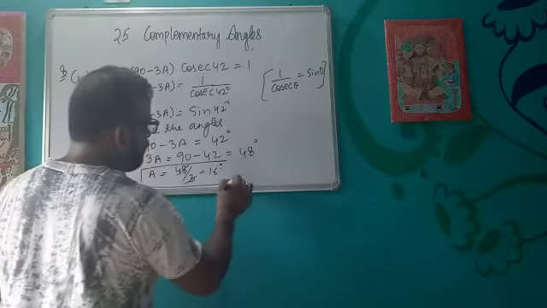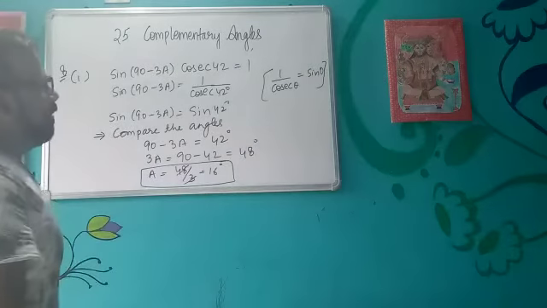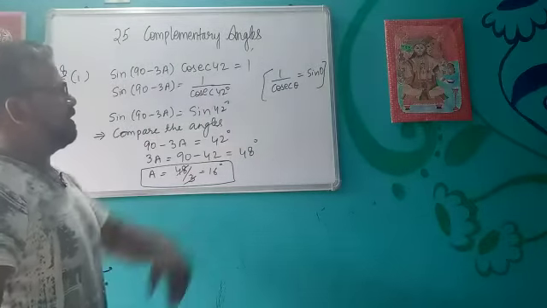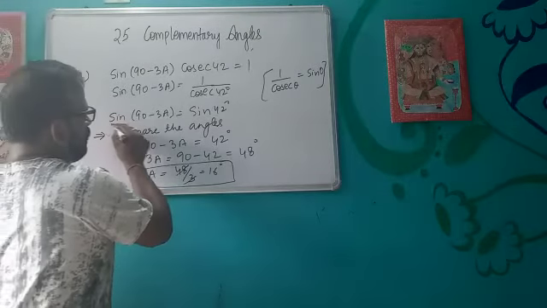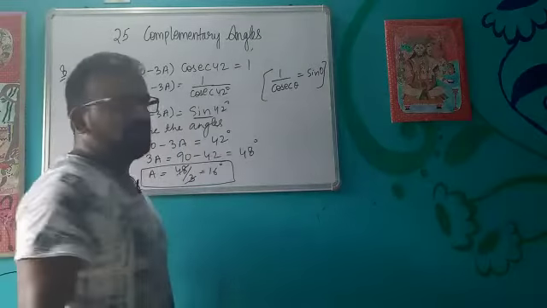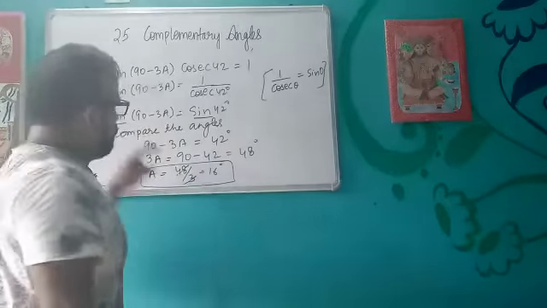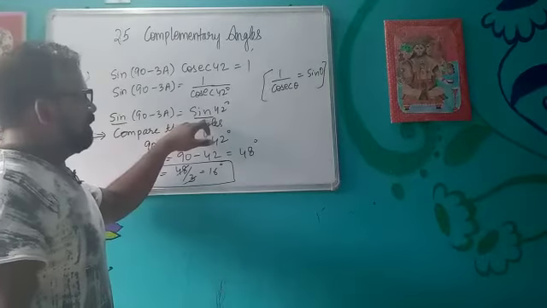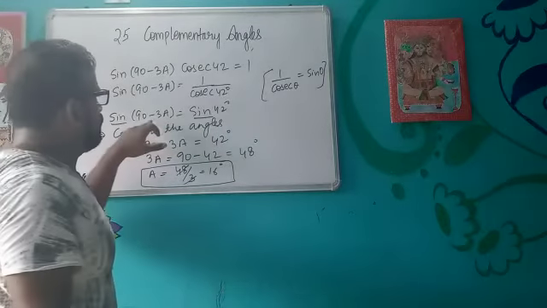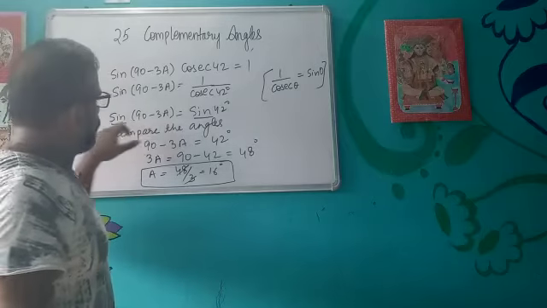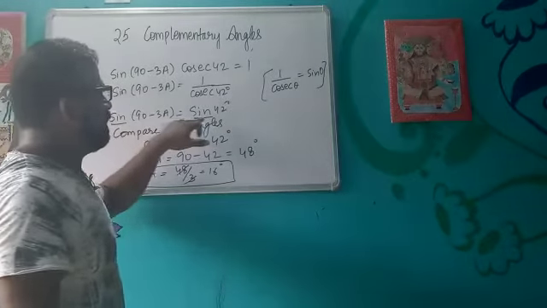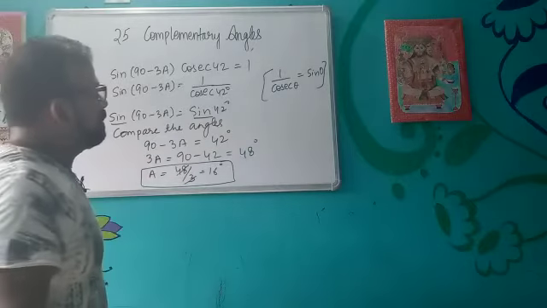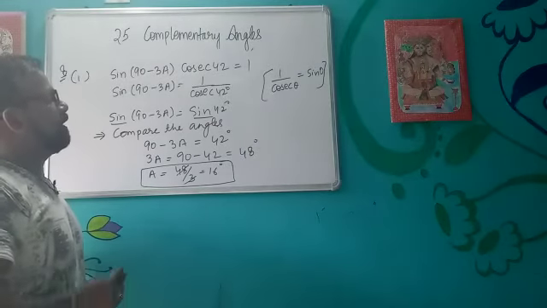Okay, so in these types of questions we will use these relations if it is necessary. And what is the concept behind it? The concept is, on both sides the same trigonometric ratio should be there. If you make the same trigonometric ratio, then you simply compare their angles. Do not cut sine and sine, you cannot cut the sine, rather you will compare their respective angles. Okay, so this is the end of your chapter 25.